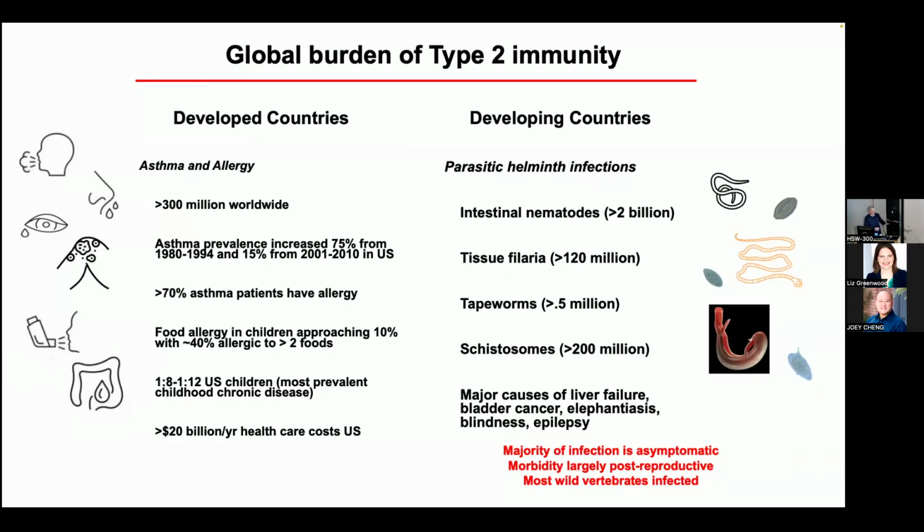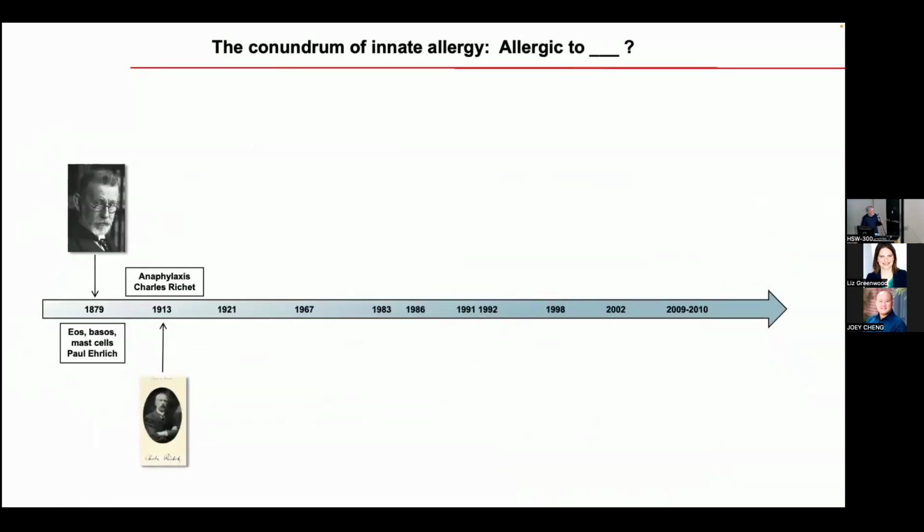So appreciating that, and this is in wild vertebrates in the most extreme places on the planet. Penguins, where you think selection against this would have long ago made it disappear. Penguins have the same number of worms per animal as we would in the right setting where we're exposed. So these are great reagents.